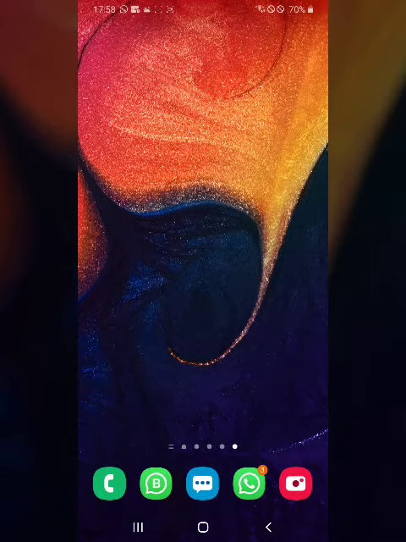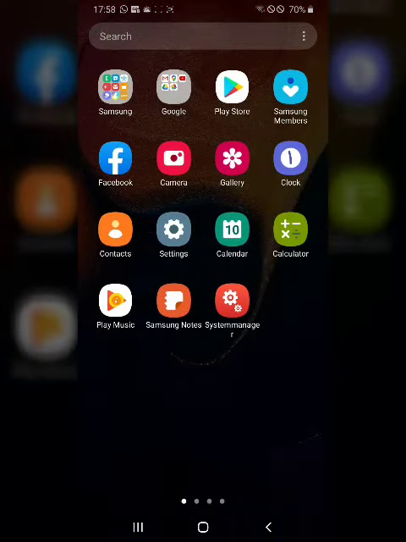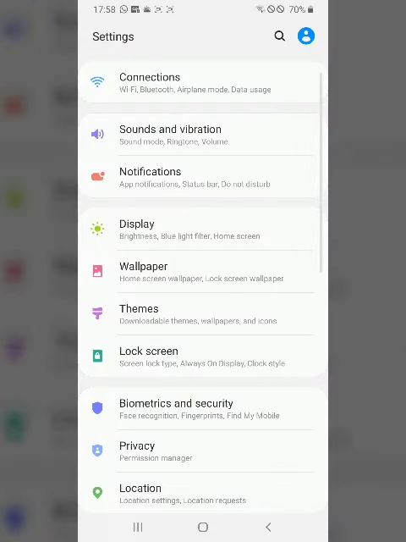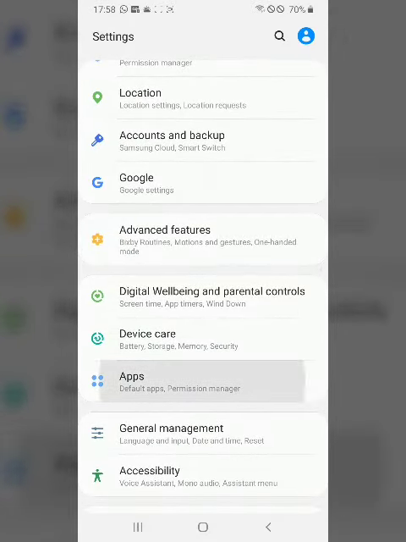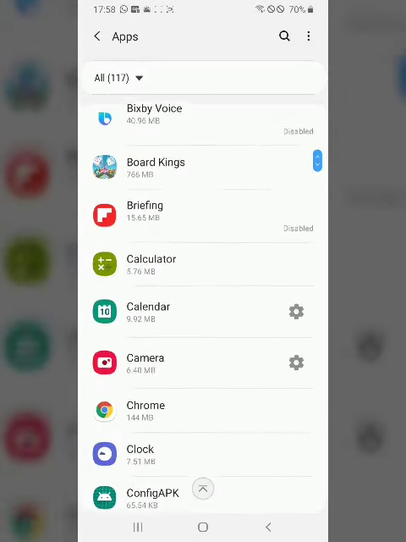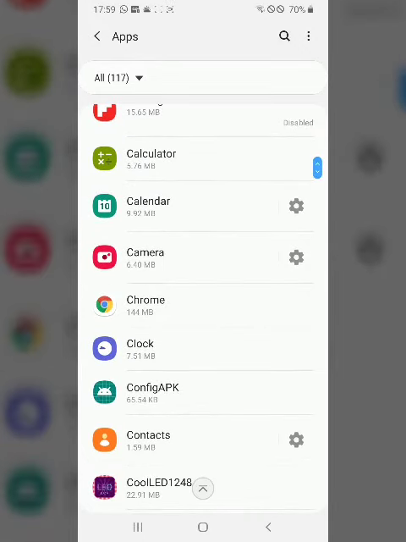So let us begin. First, let us navigate to settings. In the settings tab, we'll scroll down to apps. Then we'll search for the apps that we need to stop from running in the background. So we're gonna go on Chrome,